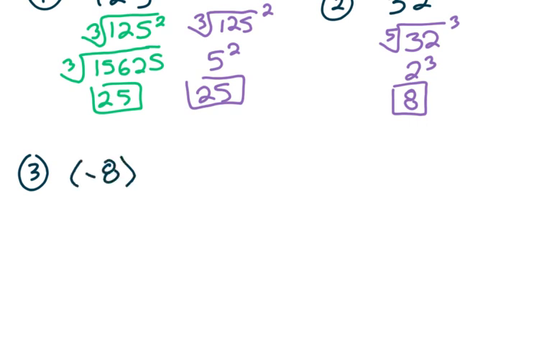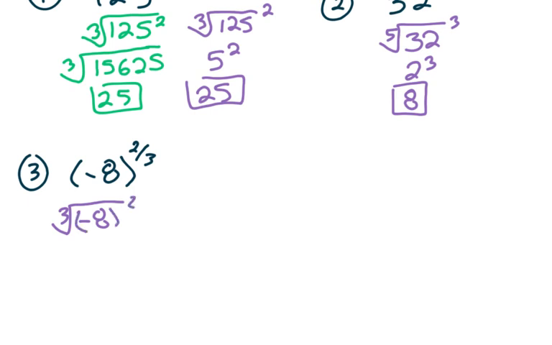So what happens if we have negative numbers? Negative 8 to the 2/3 power. So let's bow tie this. So bottom out. So I have negative 8